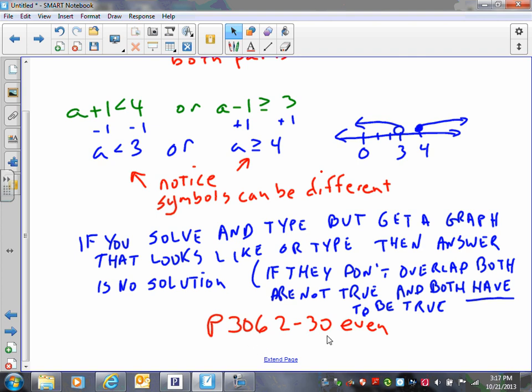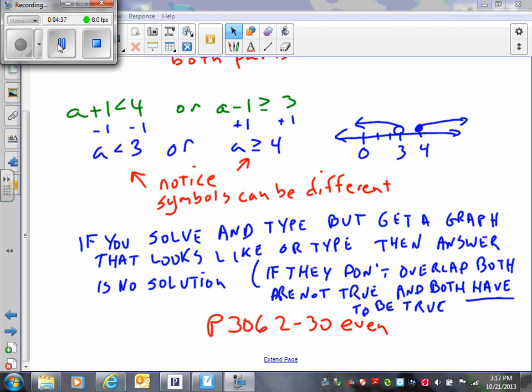Your homework is page 306, 2 through 30 even. Actually, it's